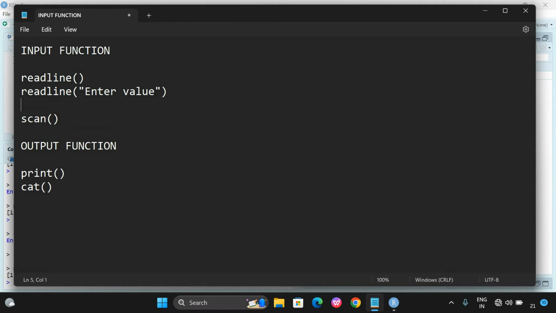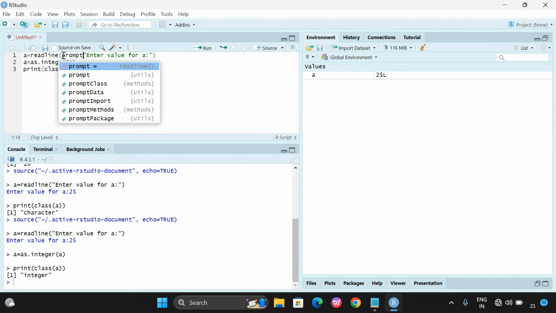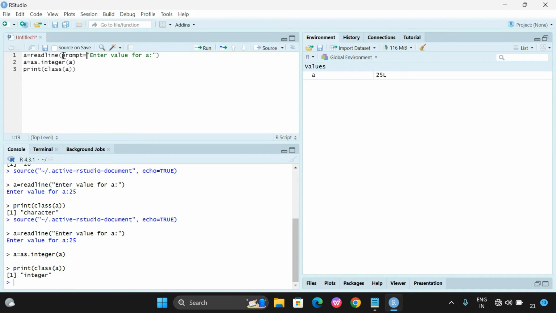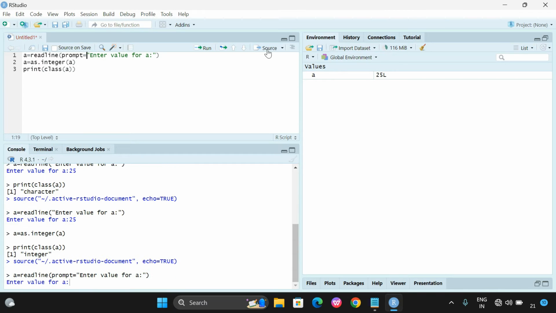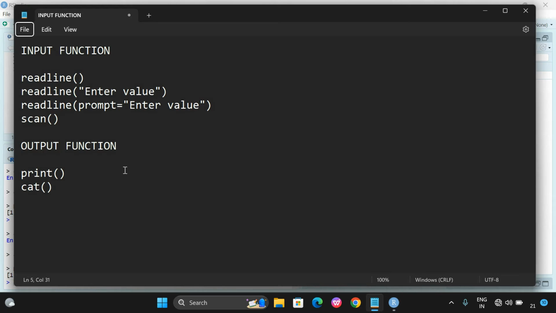Also, one more syntax. Directly we can give one more attribute called prompt. prompt is equal to "enter value". Like this we can give, right? So let us try with that one. So readline(prompt=...), you can execute. Still we are getting the prompt. I'll give 24, and again it is a character. So the class function is used to know the data type of a variable or an object,